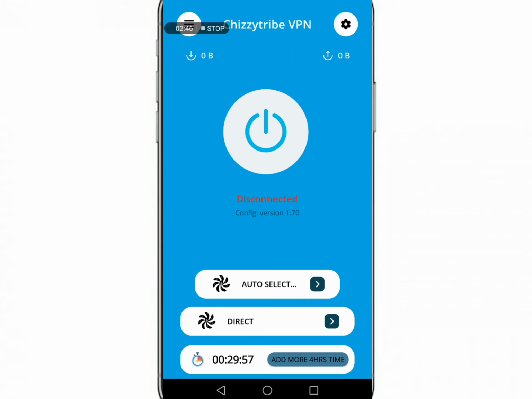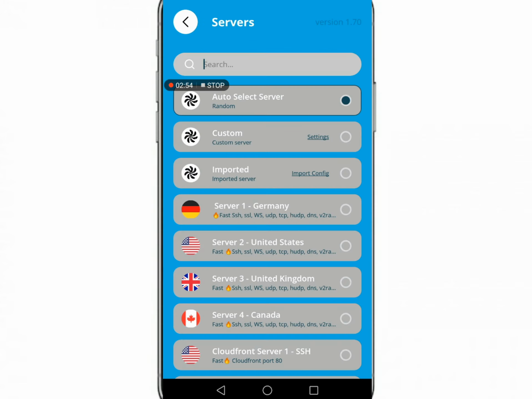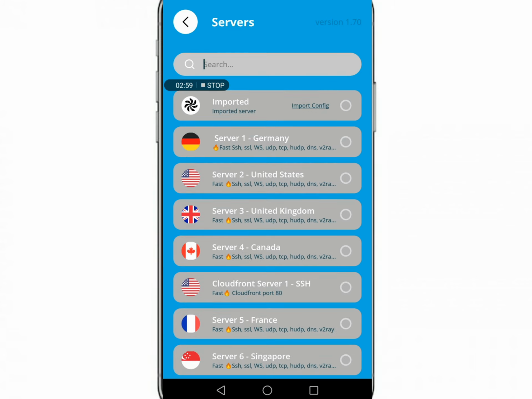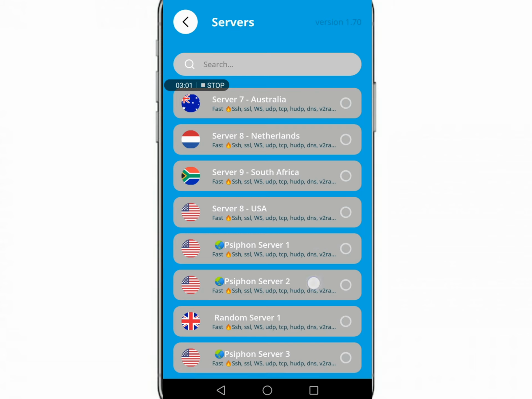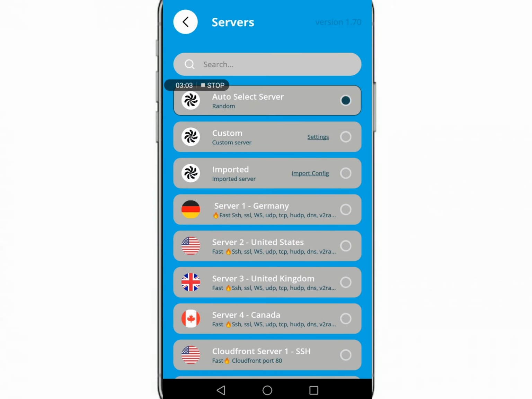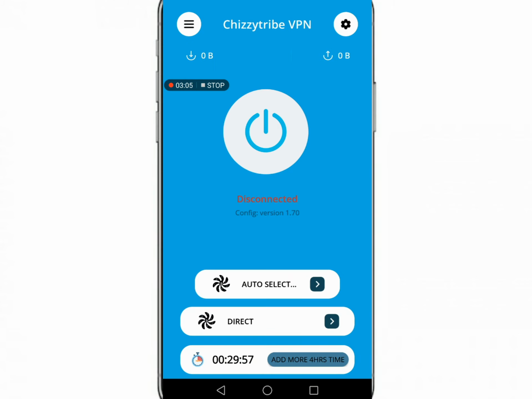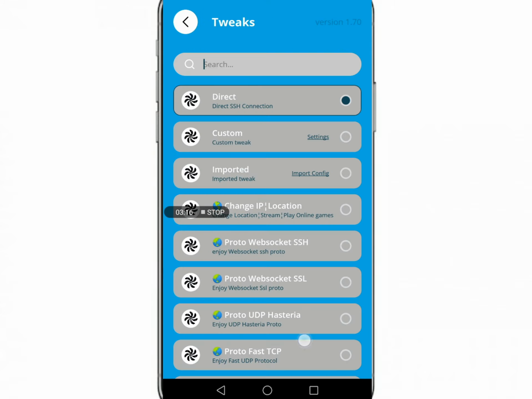After this VPN application has been updated, we are going to come here where we have the auto select server, and then we come and choose a server which is near to our location. I recommend us to be using the auto select server so that this VPN application will be automatically selecting a server. So we're going to come right here where you have direct, and then we shall be choosing